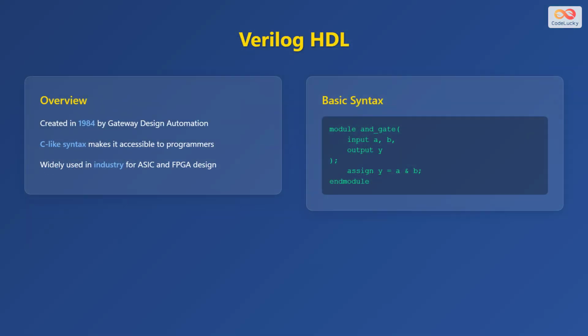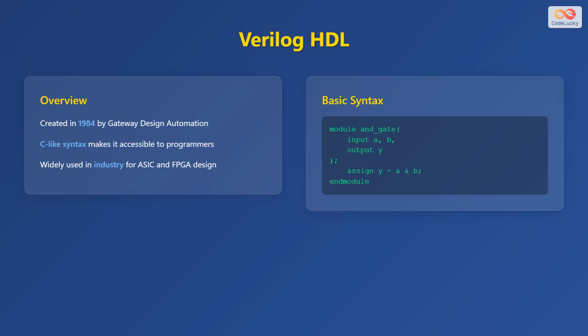Let's start with Verilog Hardware Description Language. Verilog was created in 1984 by Gateway Design Automation. Its C-like syntax makes it relatively accessible to programmers. It's also widely used in the industry for application-specific integrated circuit, or ASIC, and field programmable gate array, or FPGA